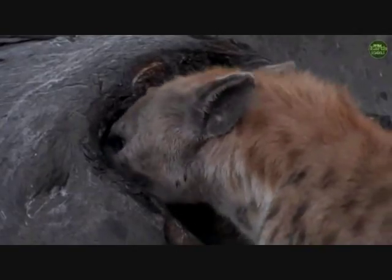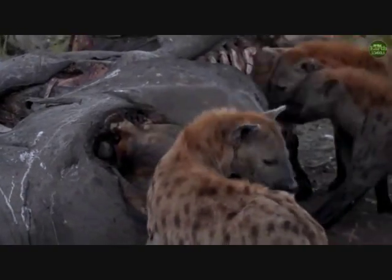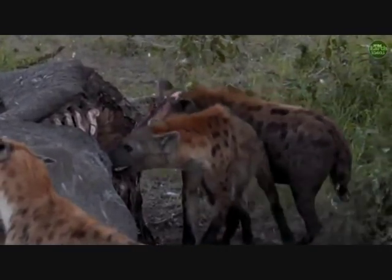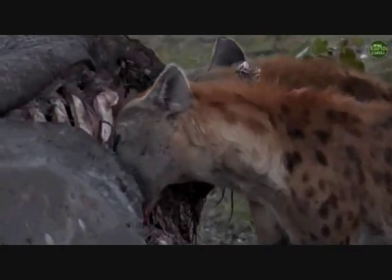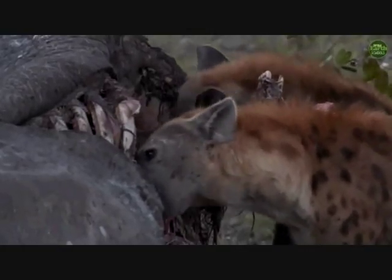What they're trying to do is use their big, powerful jaws to break off pieces of meat and bone that they can then eat. It's amazing how strong their jaws are. They've got the strongest jaws of any of our animals that we have here in this area that are on land. The other animal that's got very strong jaws is a crocodile, but that's in the water. But on land, the hyenas have the strongest jaws, and they're able to clamp down and break these big, thick